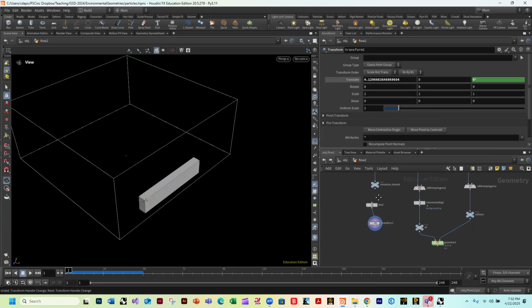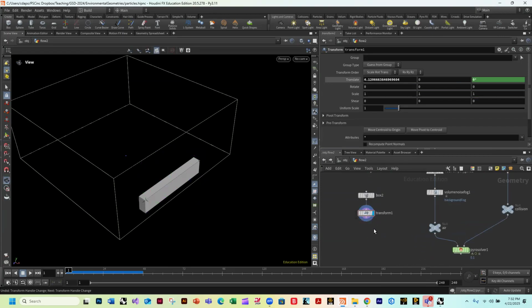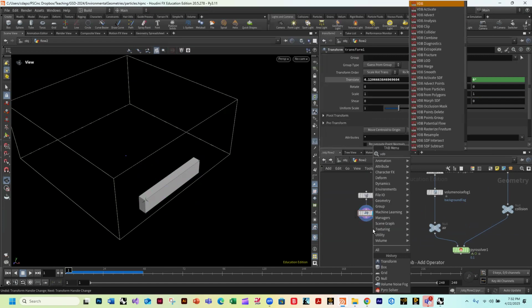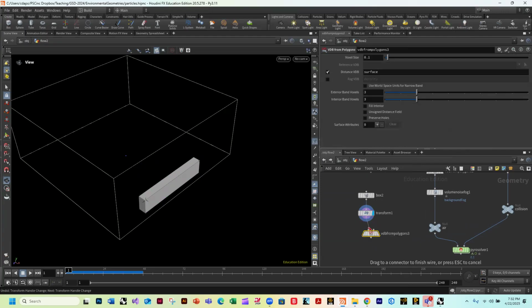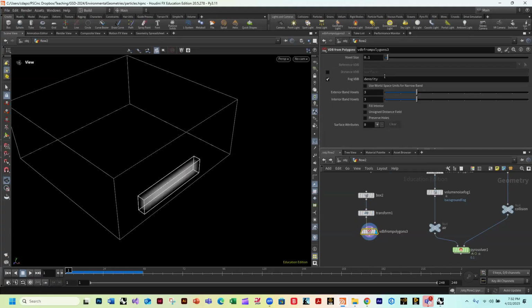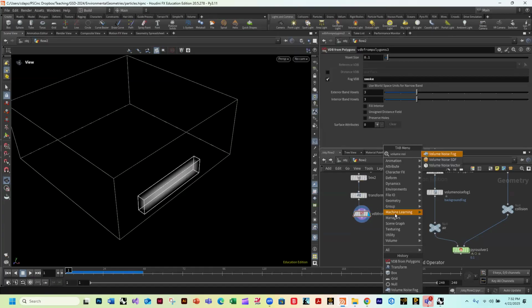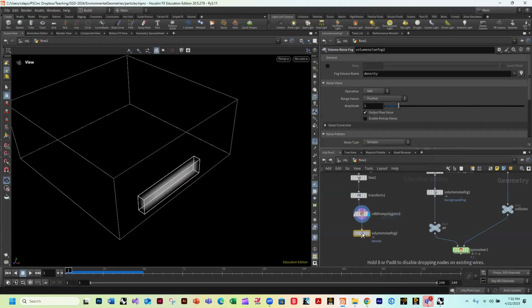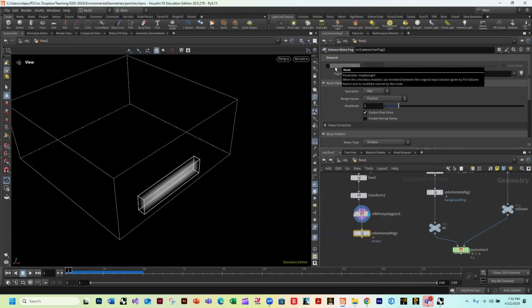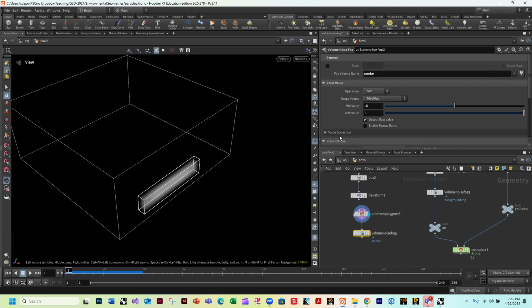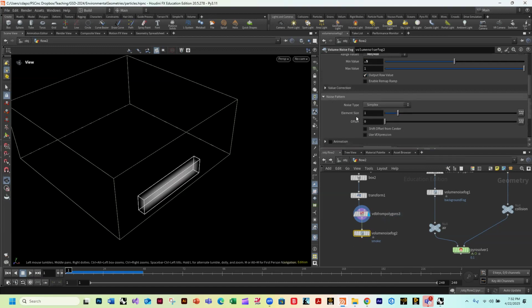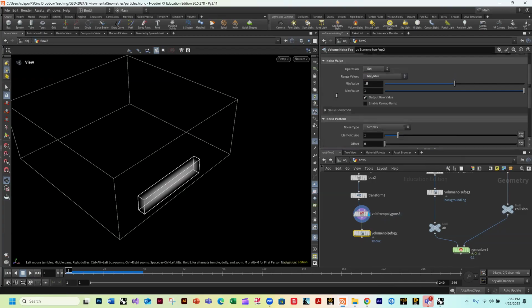Okay, so that is fine, and then I'm going to do a VDB from polygons, and this I'm going to call smoke, and let's do a volume noise fog, smoke, do a set max. Here we'll do 1 and 0.5. And then we can go down here and turn on the animation, and we can